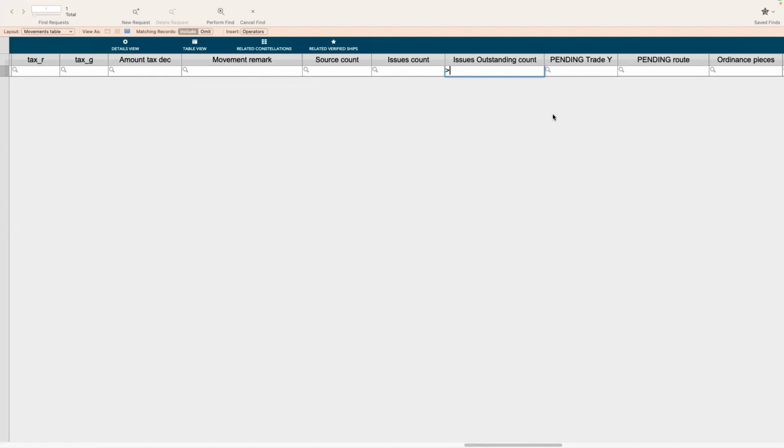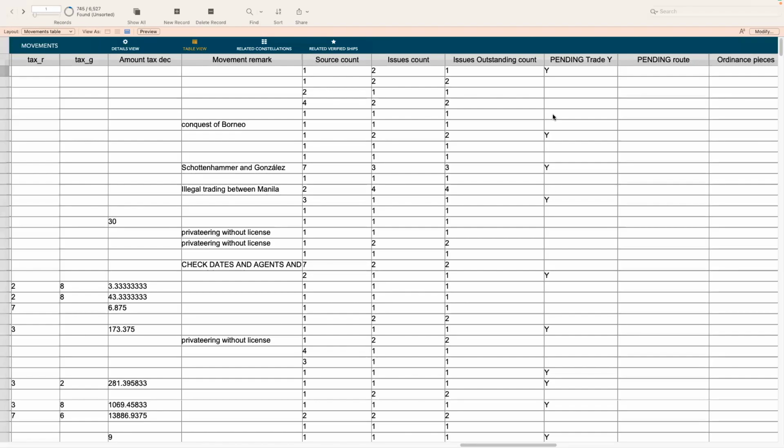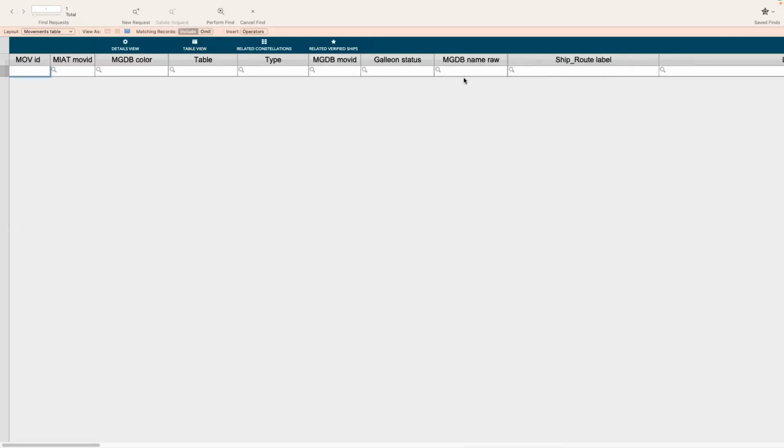So we would write here greater than 0, right? And then that would give us issues outstanding count greater than 0. And can you read how many? 7. Yeah. And there might be more that have not been reported, right? If we want to see how many have reports,